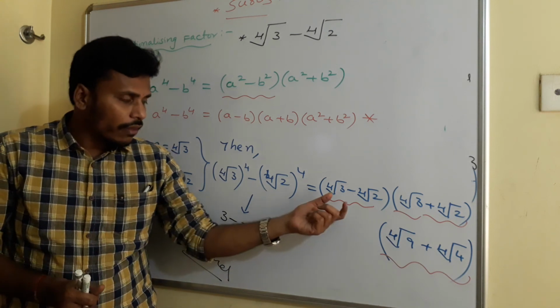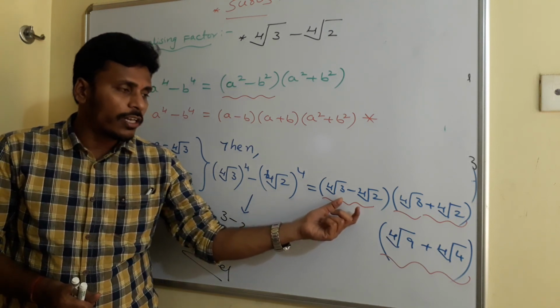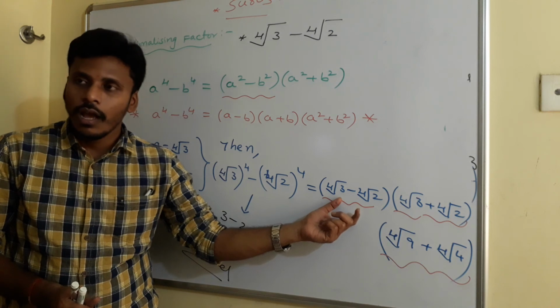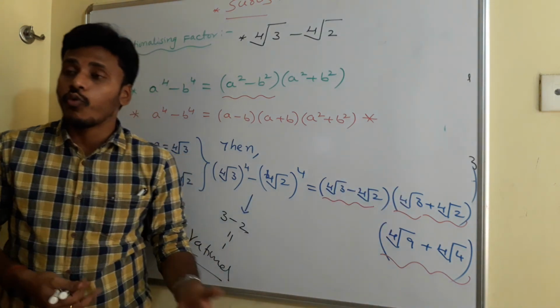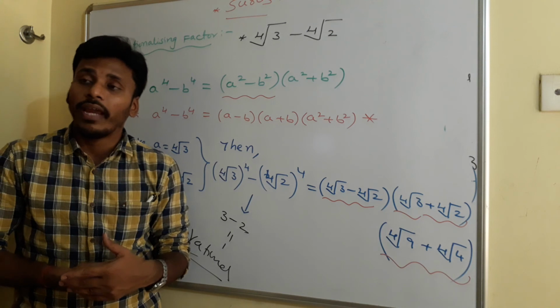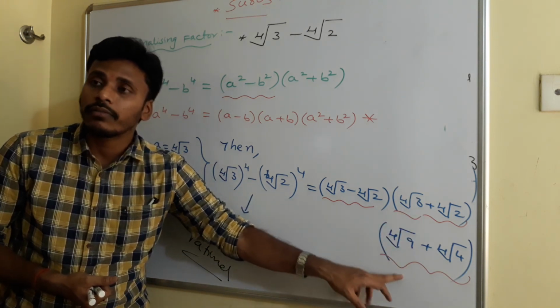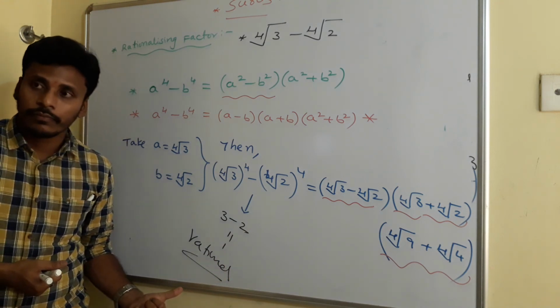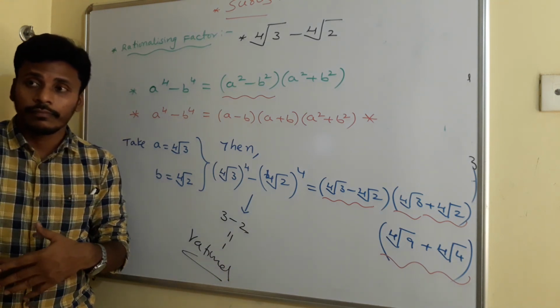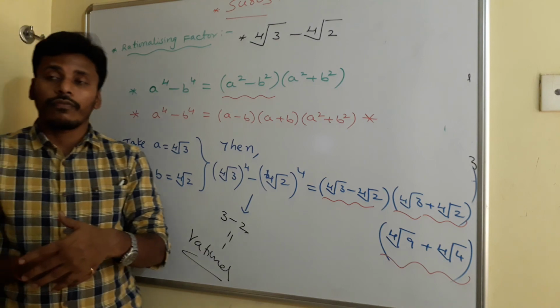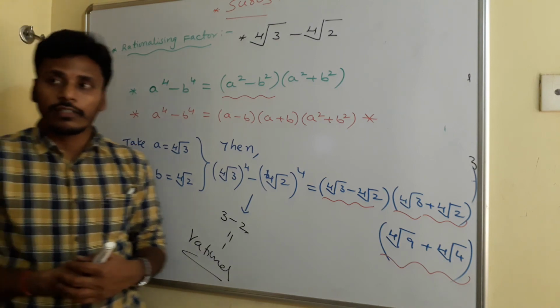Right? See, to make fourth root of 3 minus fourth root of 2 rational, one more term is not enough. You need both the terms. If you multiply with these two terms, then only it becomes rational. Right? Just have a look. Okay? Have a look, and I will discuss some more.